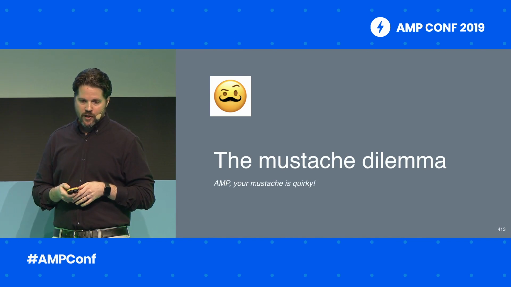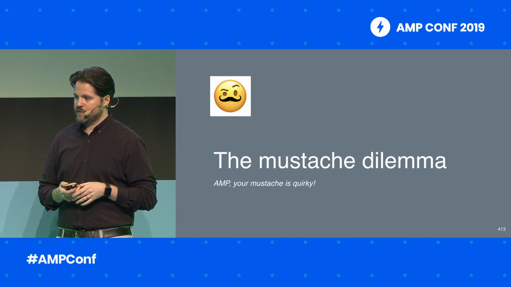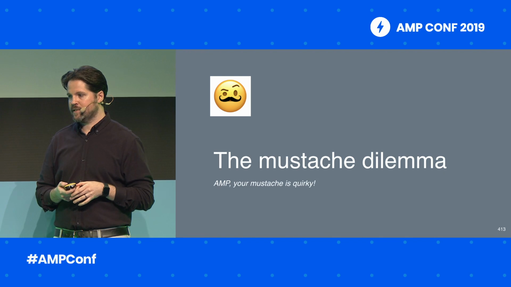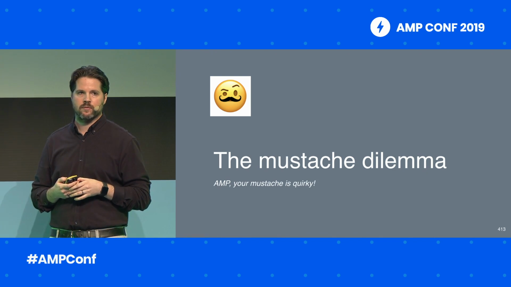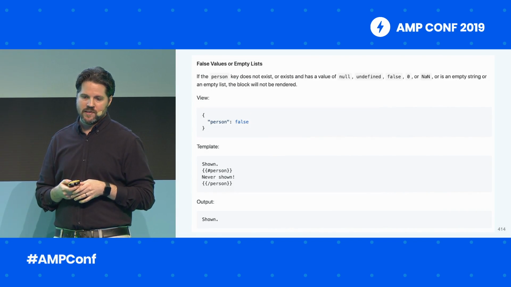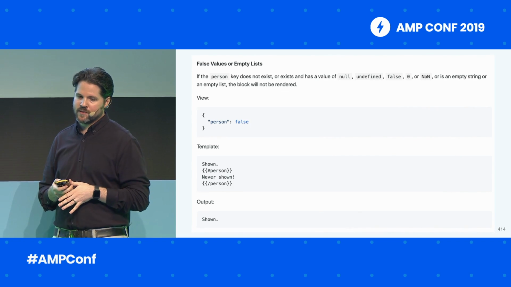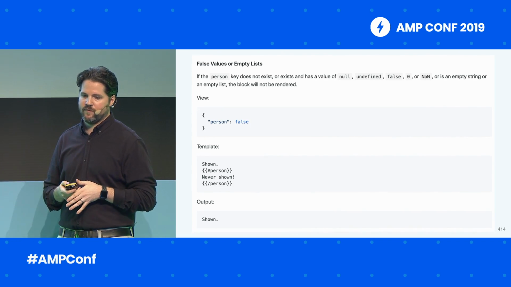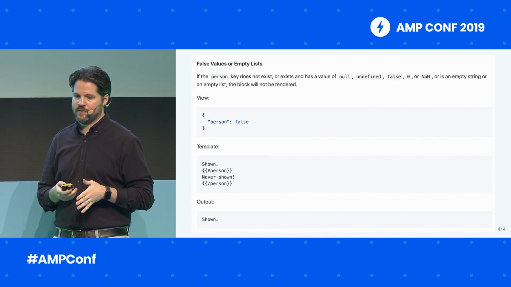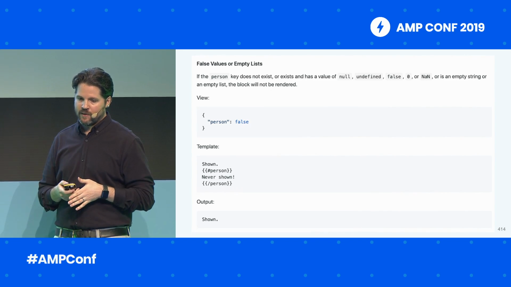Another area where we spent some time was learning the difference between AMP's mustache templates versus the original mustache templates. So let's take a look at the mustache documentation to see what we should expect. If you notice the top paragraph, it says, if the person key does not exist, or exists and has a value of null, undefined, false, 0, or NaN, or is an empty list or an empty string, the block will